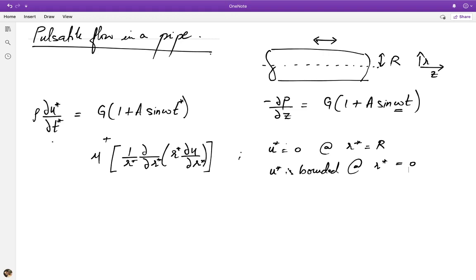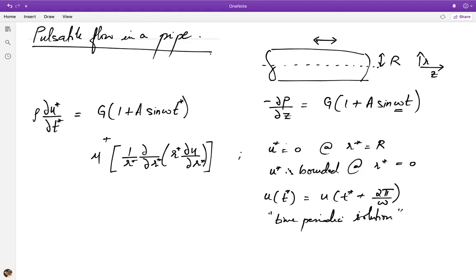It need not be in phase, but we do expect it to have the same time period, especially given that the problem is entirely linear in the velocity. And so what we are going to search for is the long-time behavior, when the solution is going to be periodic and satisfy the fact that u at t star must be u at t star plus 2 pi over omega. This basically says we are looking for a time periodic solution, which remember will appear at long times.